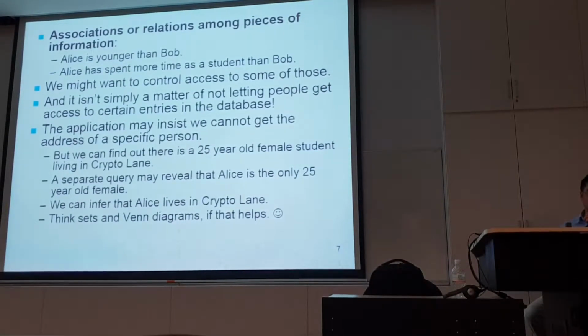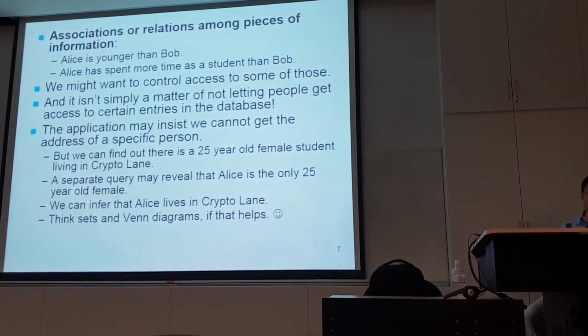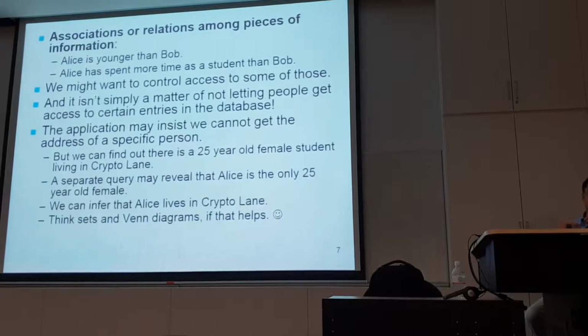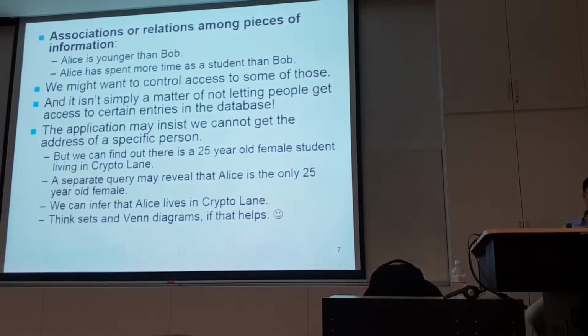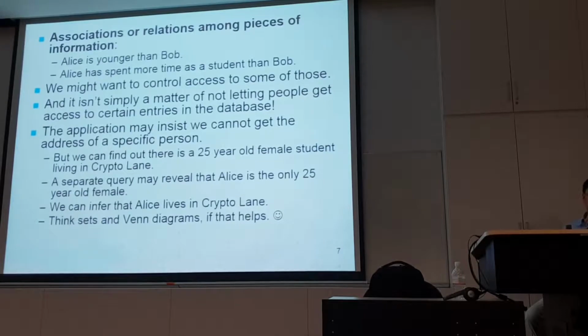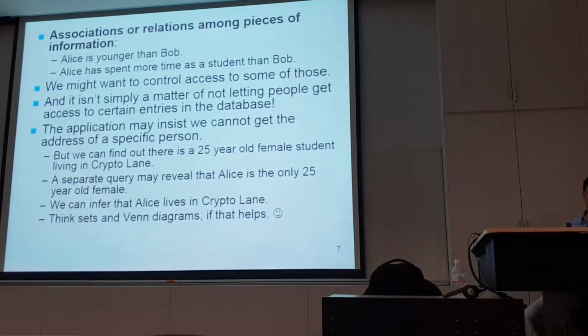However, sometimes people can still infer the address by making some other query, right? This shows one example where inference can occur. If we find out there is a 25-year-old female living in a particular address, and another query revealed that Alice is the only 25-year-old female in the company, then we can infer that Alice lives in that place,